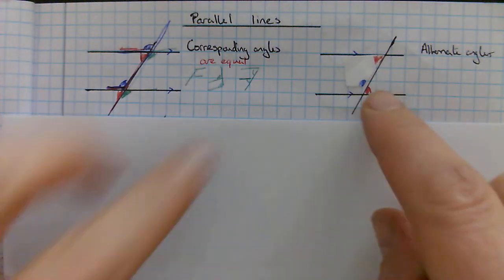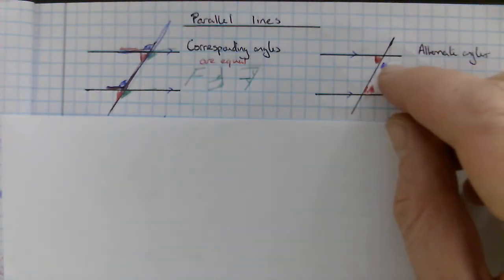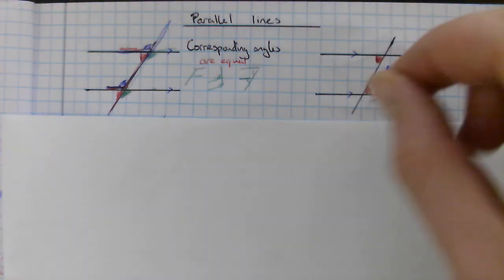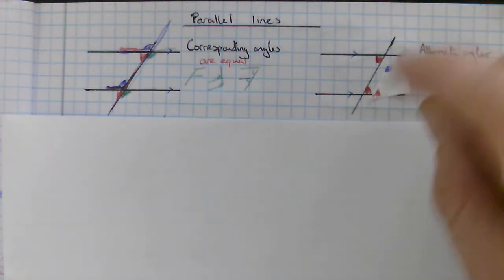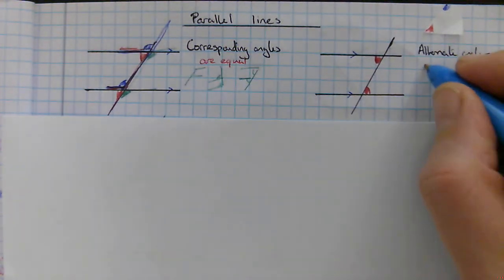If I rotate that round, I'm going to turn it round, and we should be able to see that it would fit exactly on the red down there. I've got rotational symmetry as I just rotate this red around onto the red down here. So again, I can say alternate angles are equal,